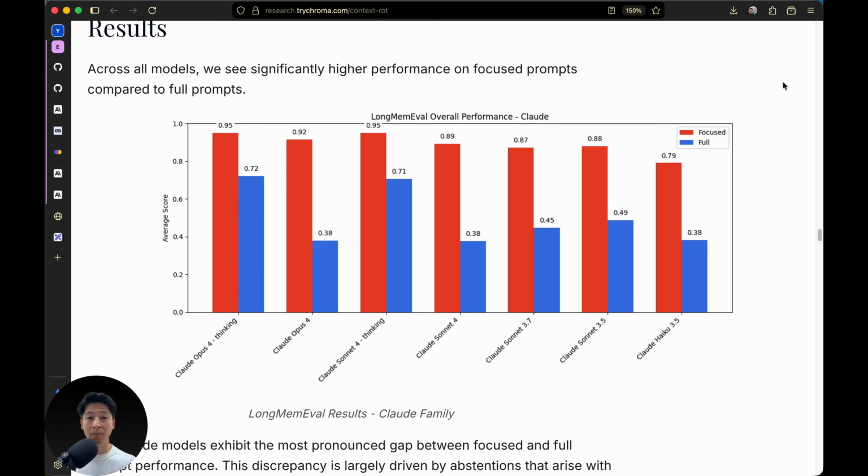And then you have the red bars, which are a more focused prompt where instead of the full conversation history, you do some light retrieval to only give the model the relevant parts of the conversation history. So removing tool calls and other irrelevant stuff. And you can see how much better the models are at retrieving the right information. So when you remove irrelevant information, when you reduce distractors in the text, models tend to perform a lot better,